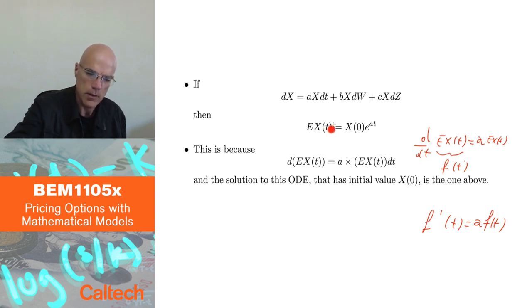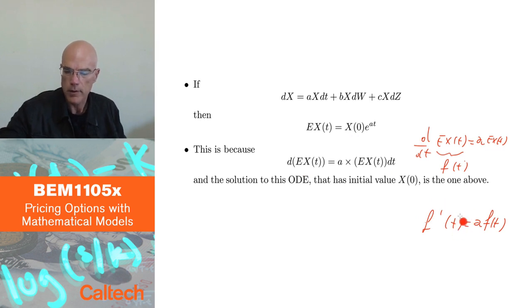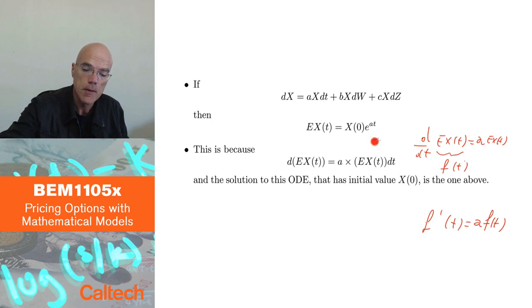The initial condition is that at 0 it has to be x of 0, so that's why you have this x of 0 here. So the function, the expectation of x of t, satisfies this differential equation with initial condition x of 0, and the unique solution of this simple linear ordinary differential equation is this function. Unique, if you know the initial condition. Okay, so